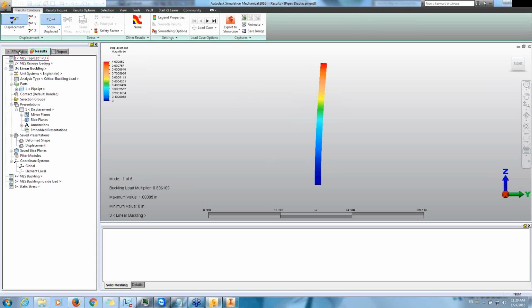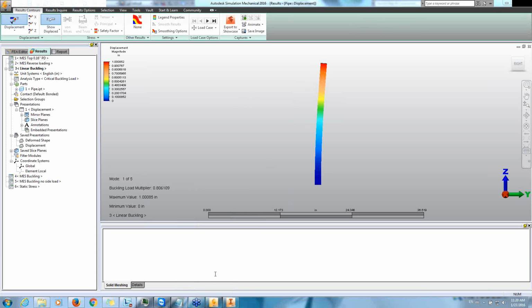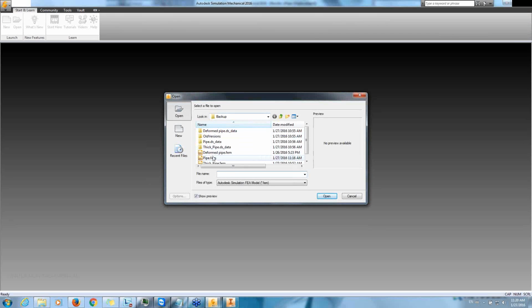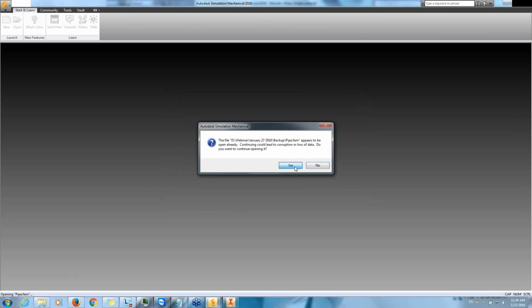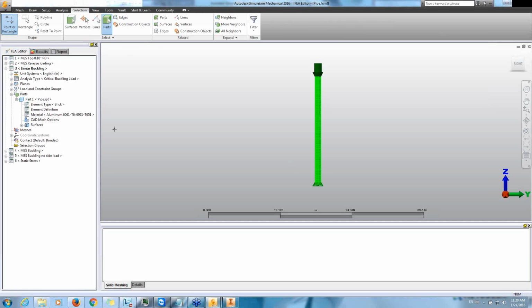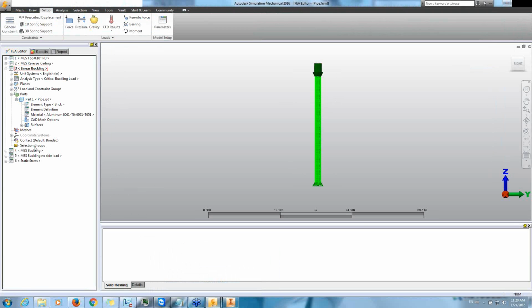So if we go back here, actually, let me open the model to go through the setup of a linear analysis, and then we'll look at the linear stress. So that's a model, or maybe not. I opened the same model, it seems. Nonetheless, let's go back here and go to the static stress